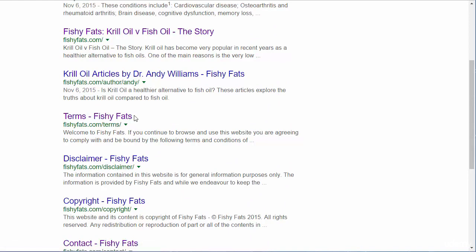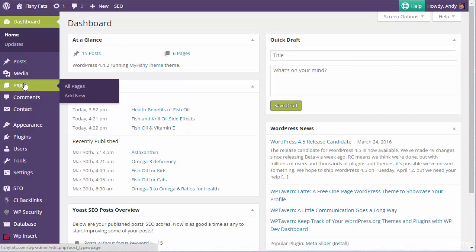I've left it until these pages got indexed so I could show you that they are in Google, and this is how we're going to get rid of them from Google. It won't be automatic. It will take weeks, possibly even a month or two before they are removed, but we're going to go in and start the process. And to do that,